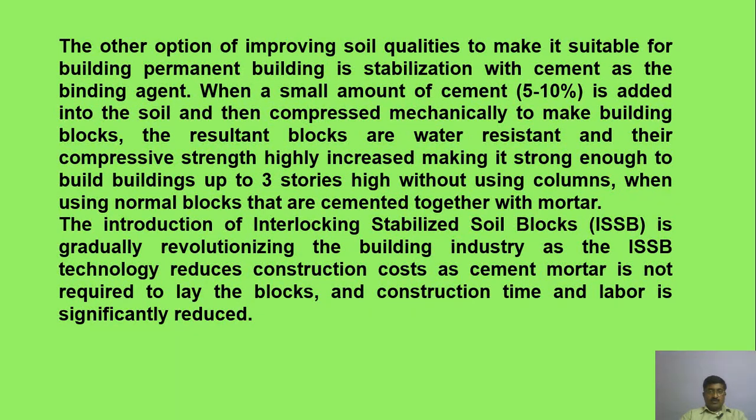When a small amount of cement, 5 to 10%, is added into the soil and then compressed mechanically to make building blocks, the resultant blocks are water resistant and their compressive strength is highly increased, making them strong enough to build buildings up to 3 stories high without using columns, when using normal blocks that are cemented together with mortar. The introduction of the interlocking stabilized soil blocks, ISSB, is gradually revolutionizing the building industry as the ISSB technology